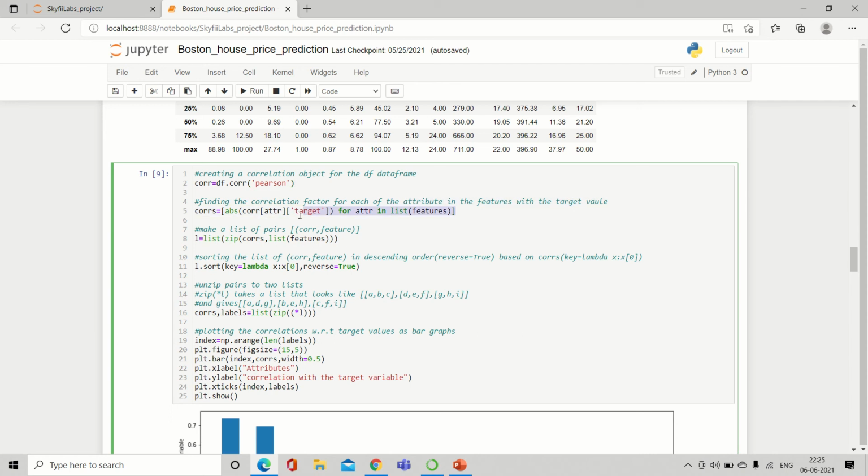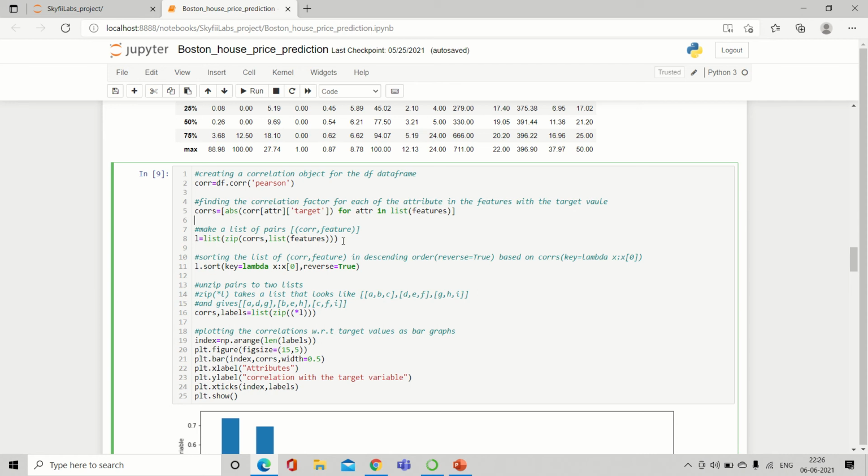For each of the values in the features, we find the corresponding correlation with the target value, and then we zip, meaning we combine the correlation of that attribute with the feature name and store it in the form of a tuple.